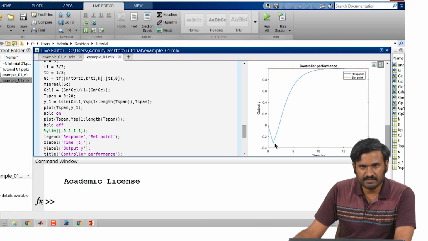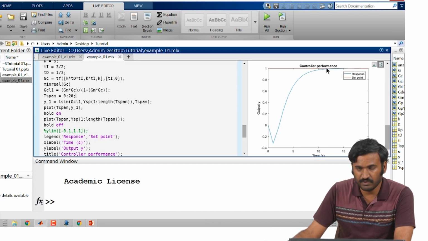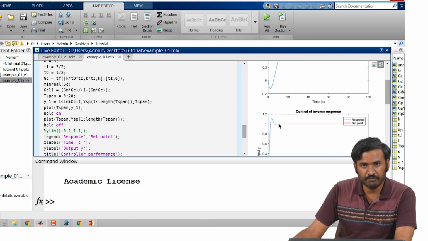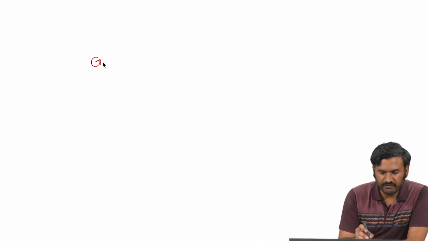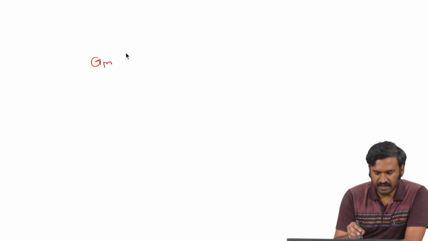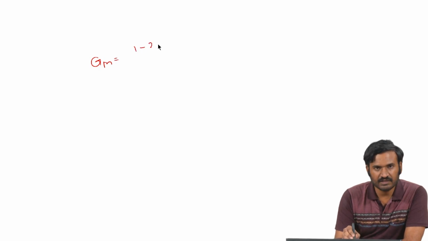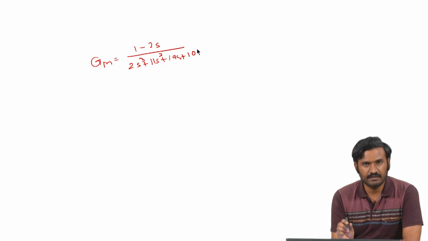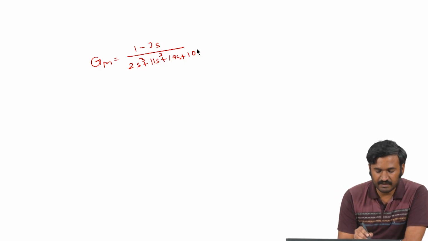Now, even though there is an initial dip in the direction, the performance is still good, because there are no overshoots as in the direct PID tuning. So, if the process model which we have assumed is (1 - 2s) divided by (2s^3 + 11s^2 + 19s + 10), something like that, then the desired control